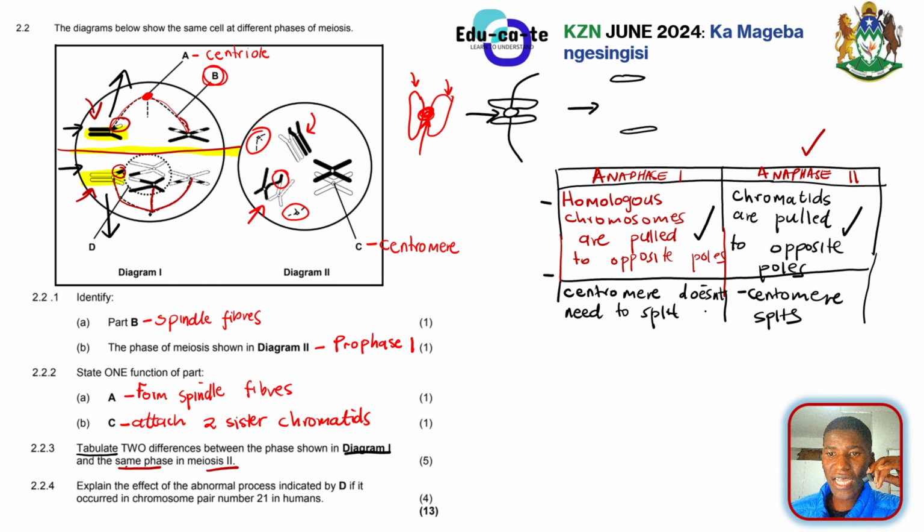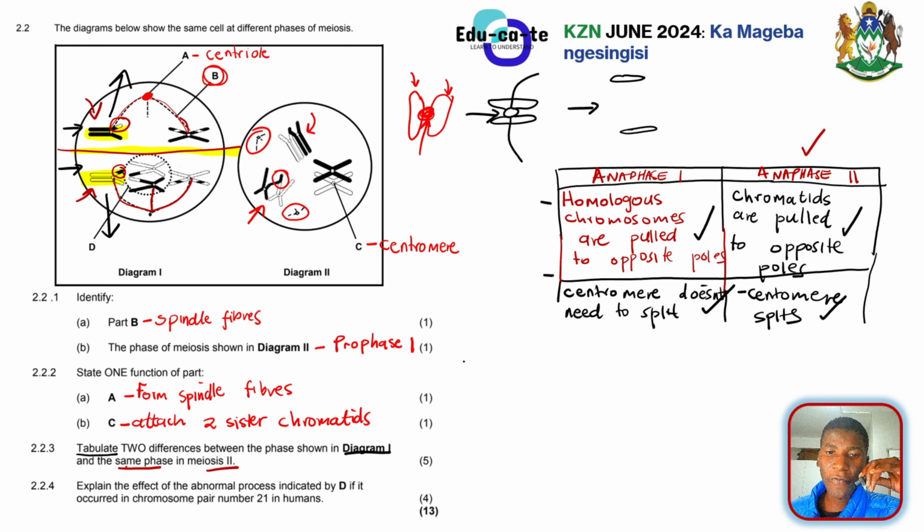So this is another 2 marks. So we have got 5 marks in total. So at least mention 2 differences. You can note a couple of other differences between these 2 phases, but these ones are the easiest ones to catch, especially for your exams. So when they say tabulate, make sure that you draw a table before you answer the question, right? If you don't draw the table, you lose the mark.